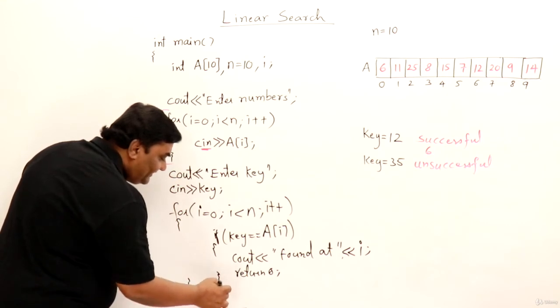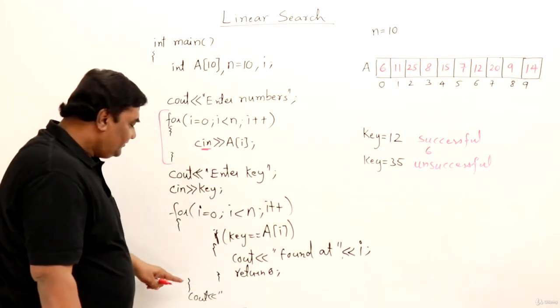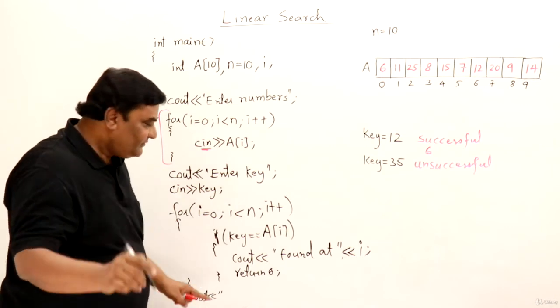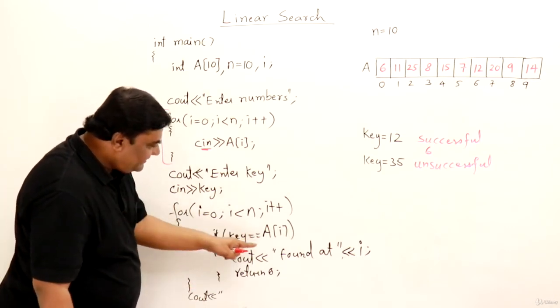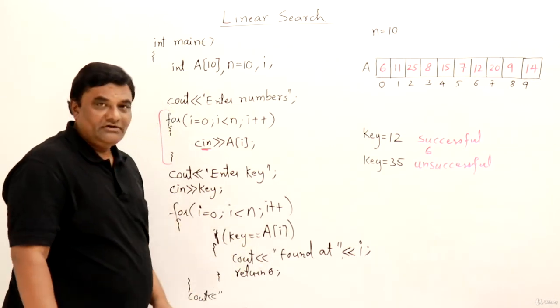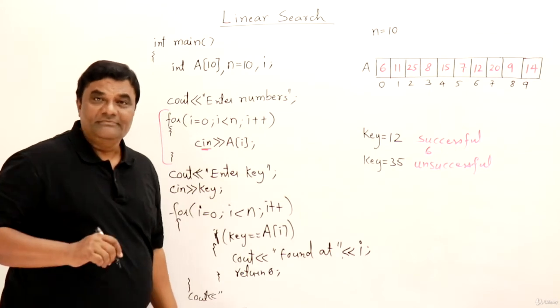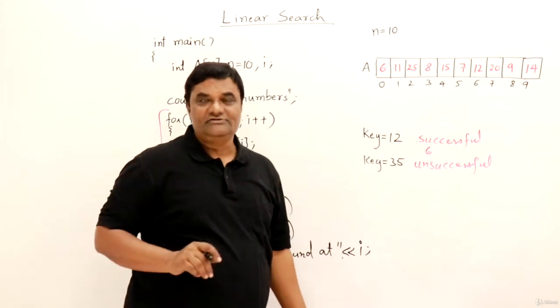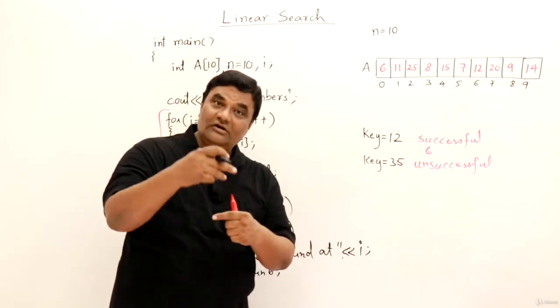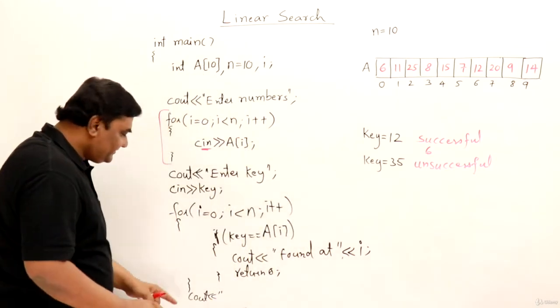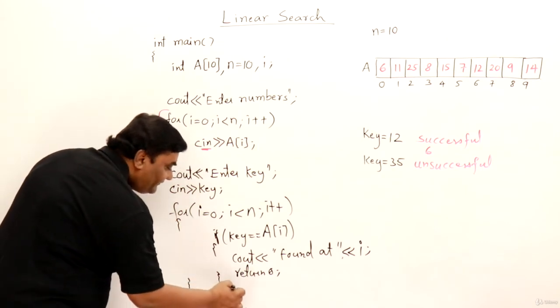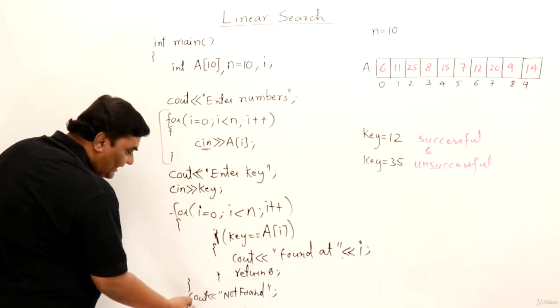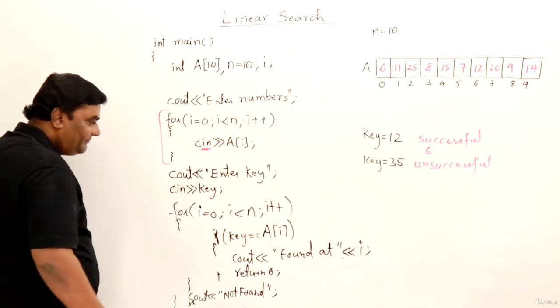See, mostly people get confused here. I have to check here? No, don't check anything. Mostly students get confused and inside the if they write found, else not found. So no, not inside the for loop. After completely checking the whole array, only then can you say it's not found. So you have to come out of the for loop to say not found. So outside the for loop, say not found. That's all. After this, the return statement and the end of the main function.